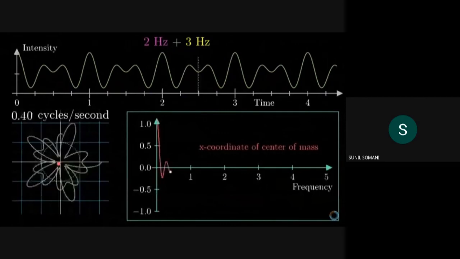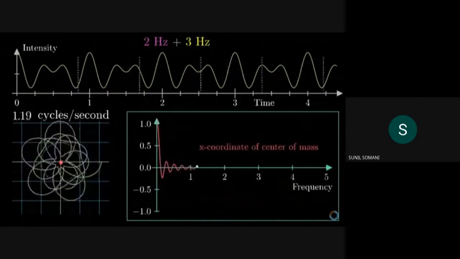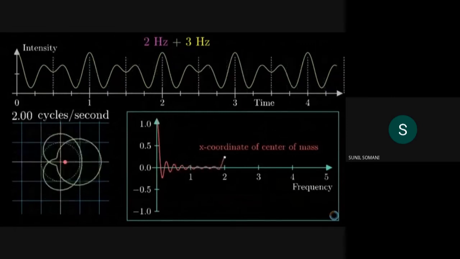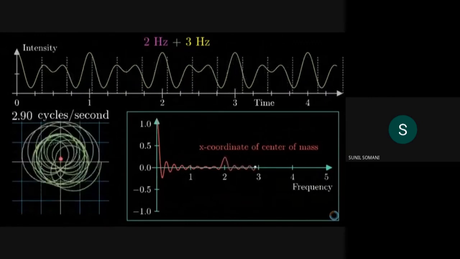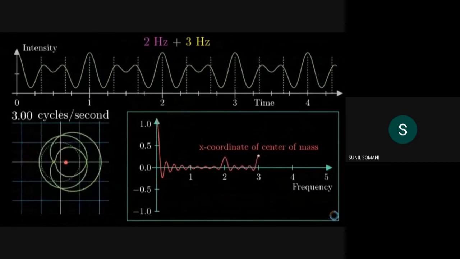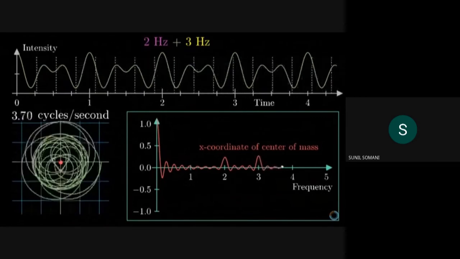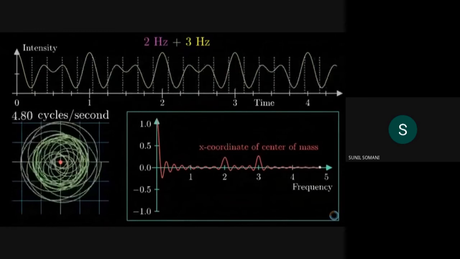It is certainly the case that as you wrap this thing around, it looks a lot more complicated. You have this chaos and chaos and chaos, and then whoop, things seem to line up really nicely at 2 cycles per second. Then as you continue on, it's more chaos. Whoop! Things nicely align again at 3 cycles per second. And like I said before, the wound-up graph can look kind of busy and complicated, but all it is is the relatively simple idea of wrapping the graph around a circle.